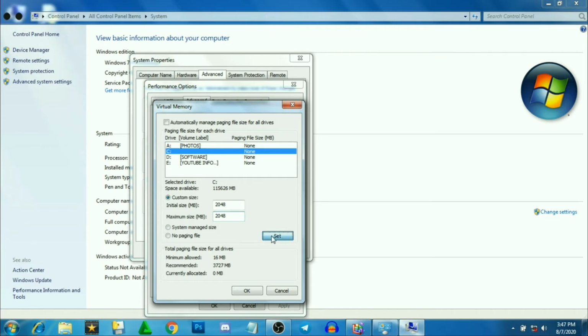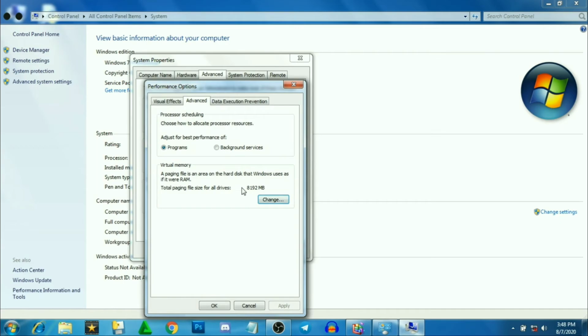Now I will press the Set button. Similarly, I will do it for every drive. As you can see, I have done that.